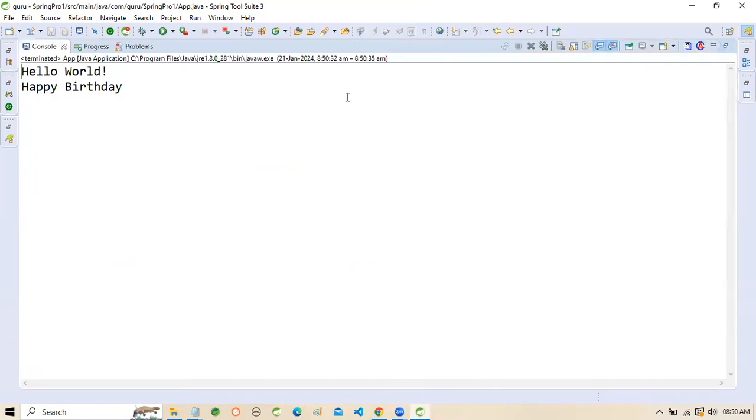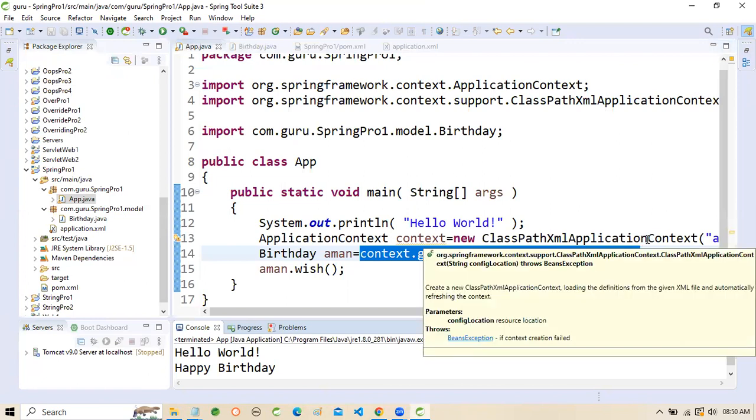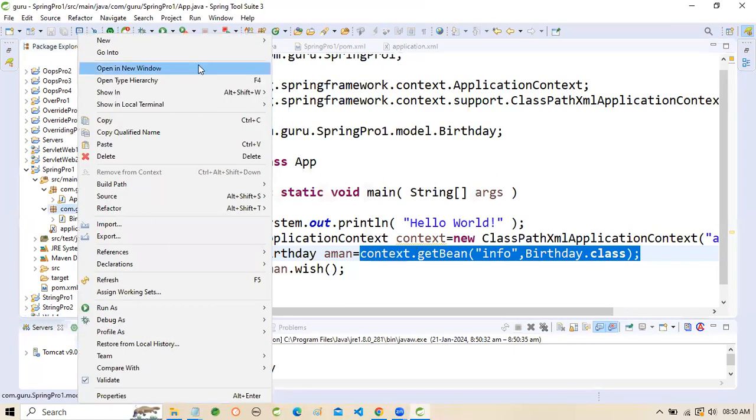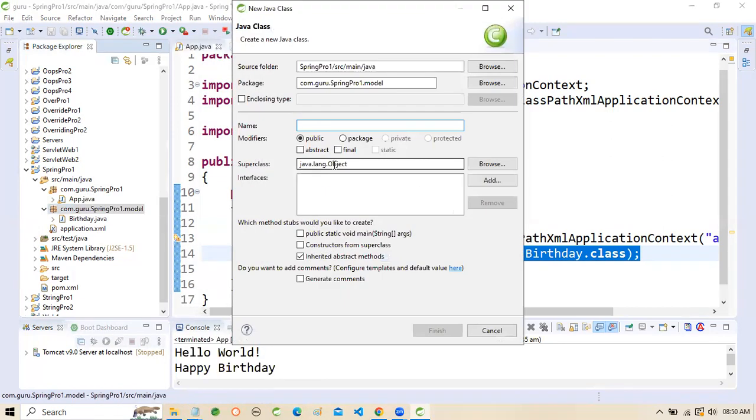You can see the happy birthday. So in Spring, we do not need to use the new keyword to create the object of any bean class. Spring provides us the object of that particular class. Suppose we have another class, like a POJO file. I'm going to use Employee,